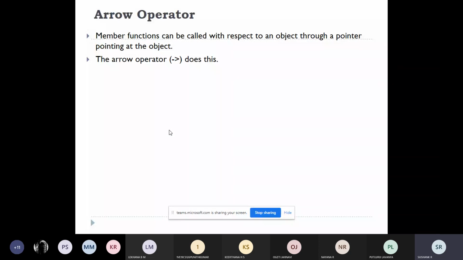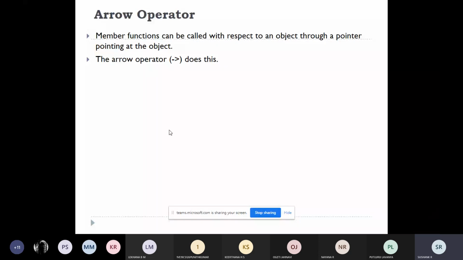What is the usage? Member functions can be called with respect to an object through a pointer. You want to call a member function with respect to an object through a pointer. At that point, you will be using the arrow operator.